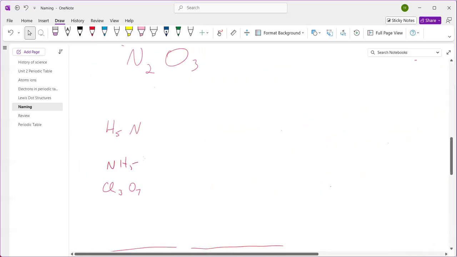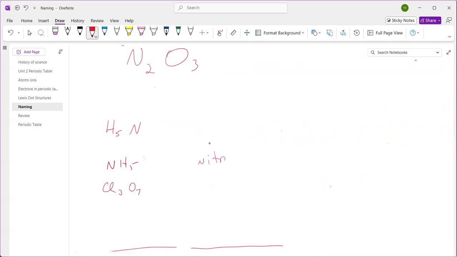Okay, let's take this NH5. I've already determined that both of them are anions, so it's going to be covalent. So we're going to have nitrogen, hydride. We have one nitrogen, so that's mono, and penta is 5. So it's mononitrogen pentahydride. This is the part that's optional. For example,